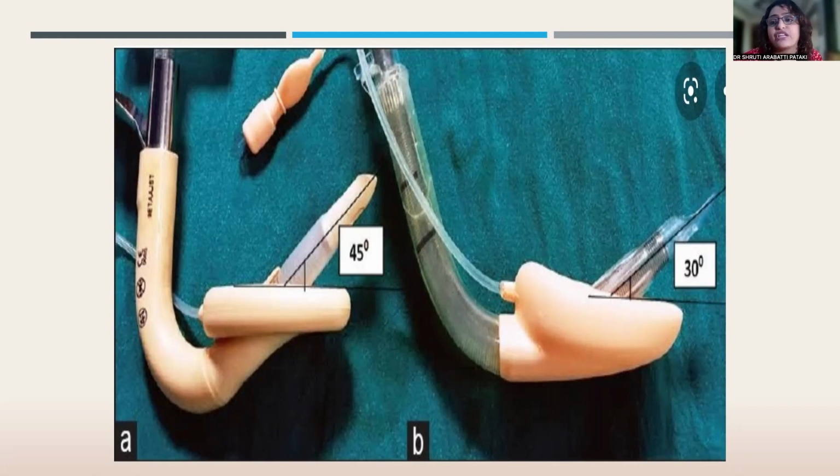And the tube is flexometallic, so it does not kink or bend. It can just pass through your larynx. Plus, if you can see the outlet, the angle is 30 degrees. It's not 45. With 45 degrees, it would probably enter the cords, but then it would abut with the anterior structures of the larynx.